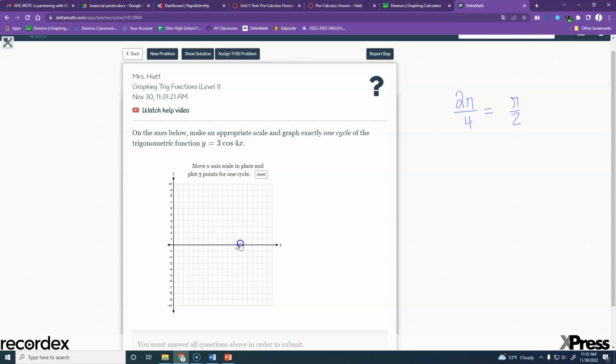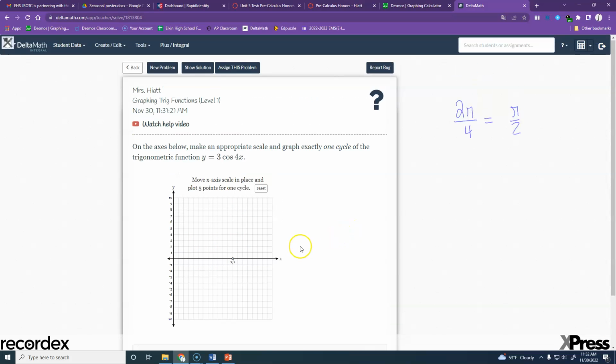Oh, wait. I can put pi over 2 wherever I want. It really doesn't matter. Actually, I'd put it on the 4th dot right here is what I would do,